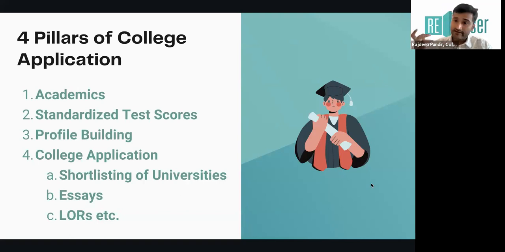of India. Doesn't matter whether it's UK, US, Canada, Singapore, Hong Kong, Australia, all of them will have a certain role to play, though the weightage of each of these four pillars might vary from country to country, right? For example, in the US, all of them are equally important. However, if you look at the UK, they are more driven towards academics. They are largely looking at your academic scores, right? So I think that's one of the major differences that you will encounter. So I think that's an important part.